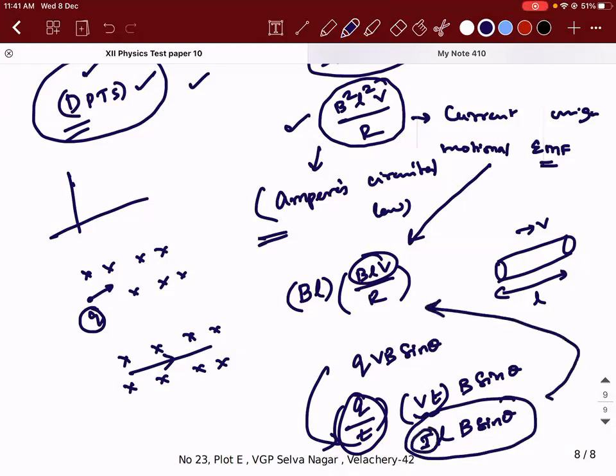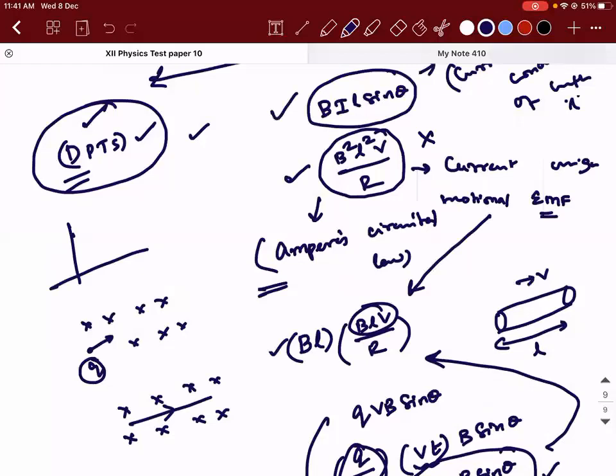So it depends on how the current is produced. If the conductor is connected across a potential source and you place it in an external magnetic field, then you're going to use this formula. If the current is induced using the motional EMF concept and you place it in an external magnetic field, then you will use this formula. Even if you don't know this formula, not a big deal. If you know this, you can solve it. Hope I answered your question.